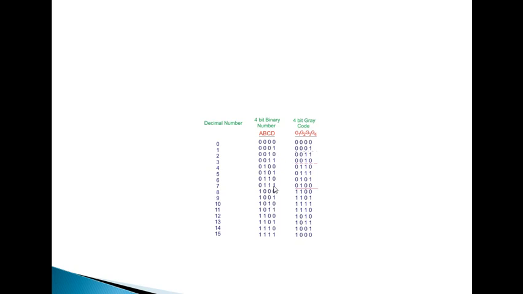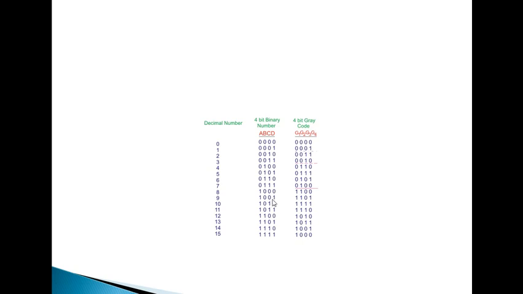Again, in the transition from 5 to 6, this 1 changes to 0 and this 0 changes to 1, so 2 bits are changing here.